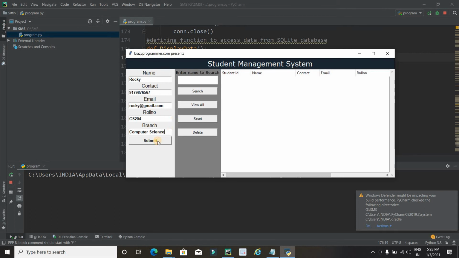Okay, now just click on the Submit button and you will get a message like stored successfully, and here is the record. Now I am going to register another student. I will reset and now register another student.